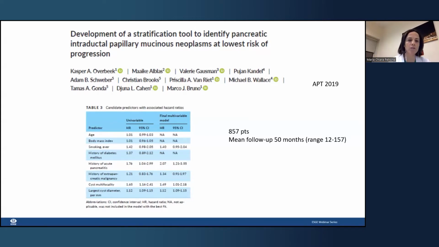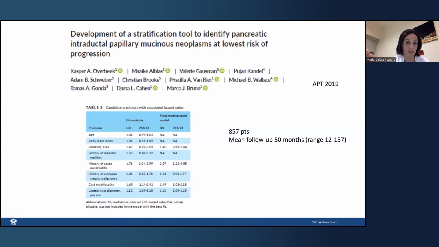It is based on patient and cyst features that can be assessed at the time of diagnosis, and predicts the 3-year and 5-year risk of developing worrisome features or high-risk stigmata. So the idea is to decrease the burden of surveillance on patients and also to better